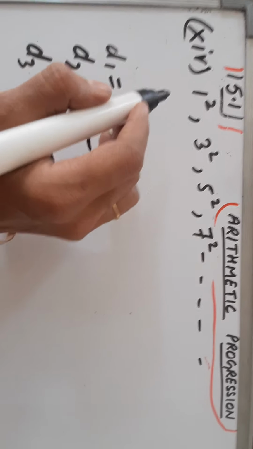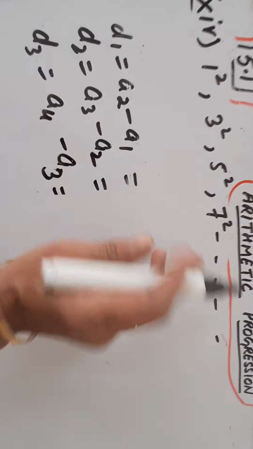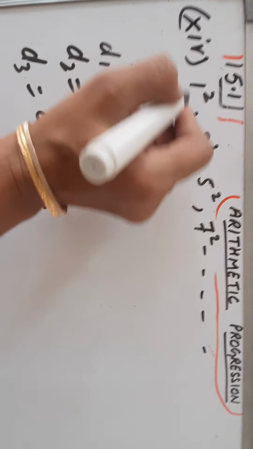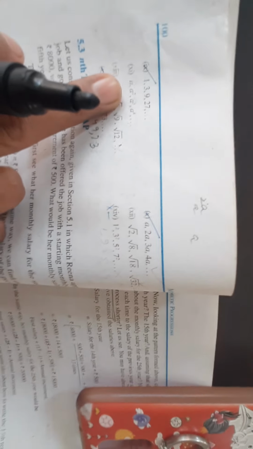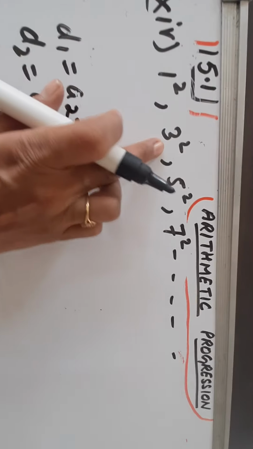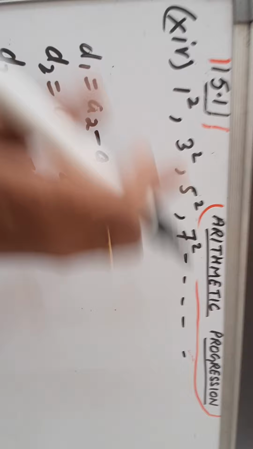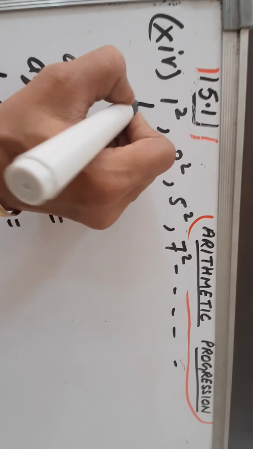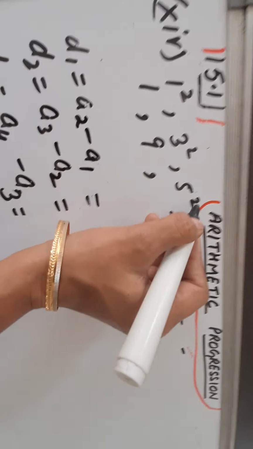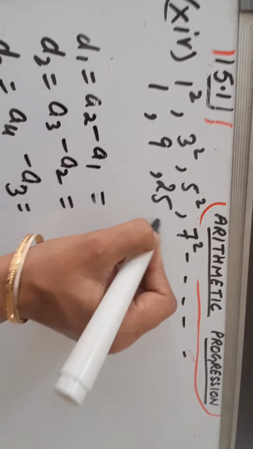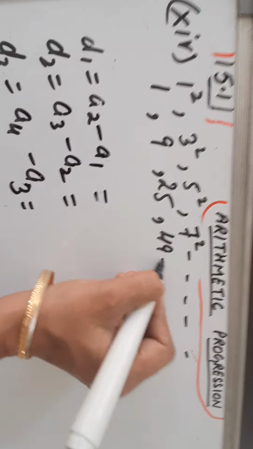Now dear students, the next part, the 14th part, is in square form. So again we will first solve the squares. Now do not get confused. In the earlier part with A, we can't take out A squares, we can't solve A square, so we kept it as it was. But here numeric values are given to us. We can solve them. We will first solve them. 1 square is 1. 3 square will be 9. 5 square, 5 5s are 25. 7 square is 49, and so on.